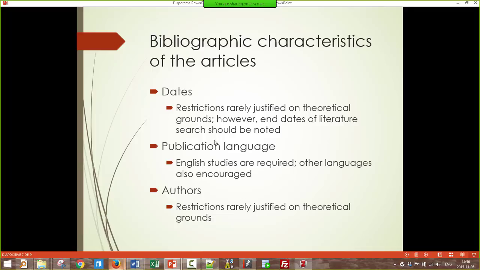Okay, the last set of criteria to consider in your practical screen are three bibliographic characteristics of the articles. One is, first of all, the dates. Do you want to restrict the range of dates? In my view, generally speaking, if you're trying to build theory, I don't see much reason why you would restrict dates. People do. For example,